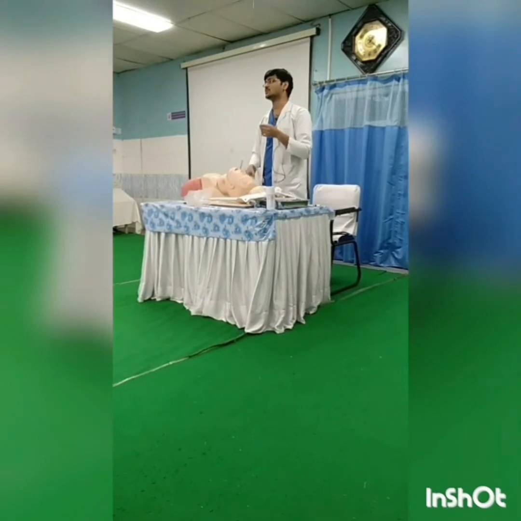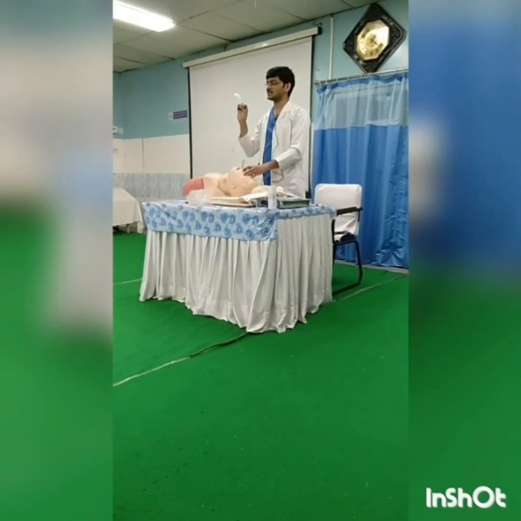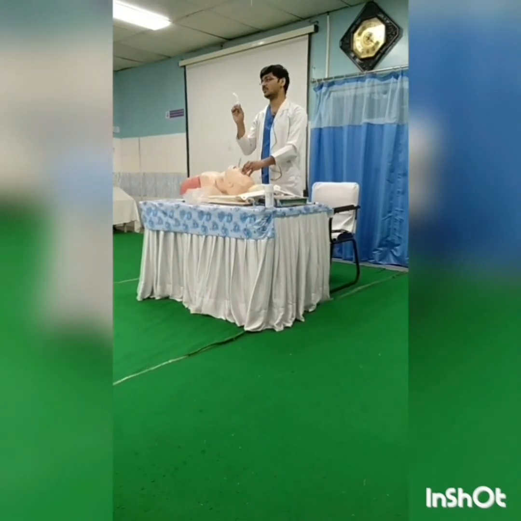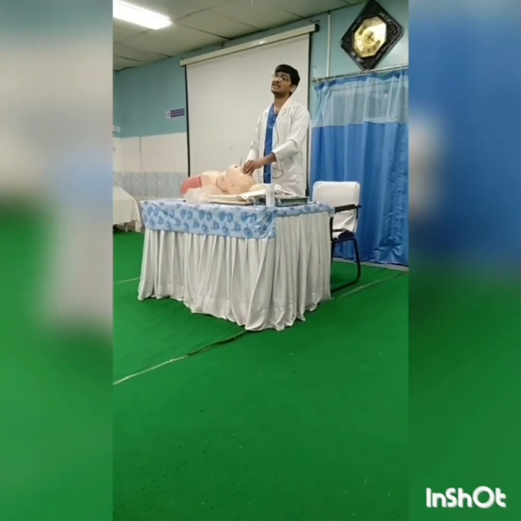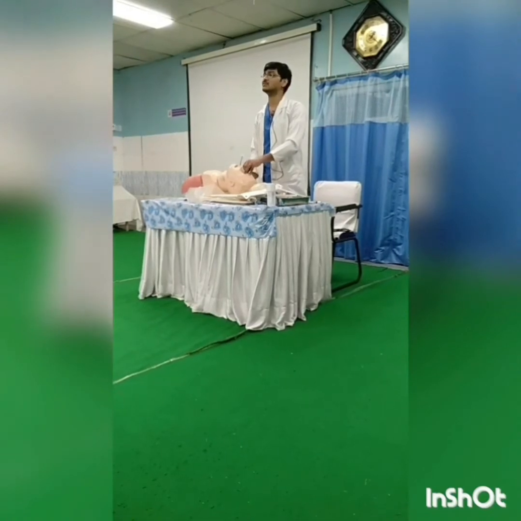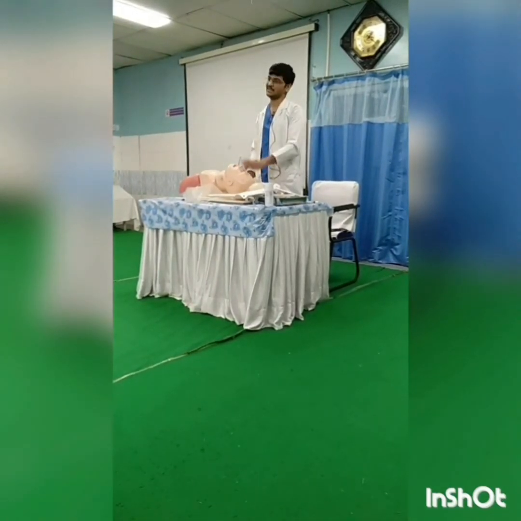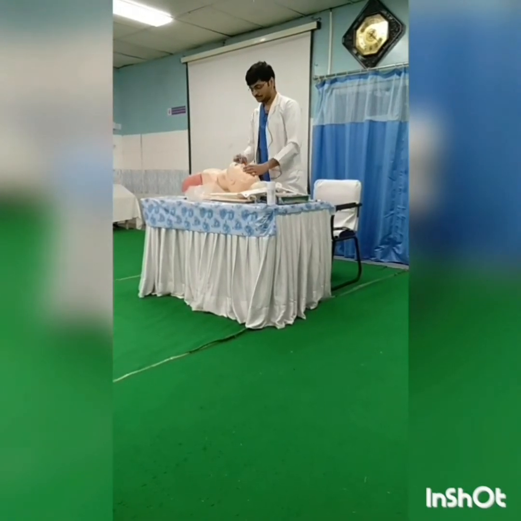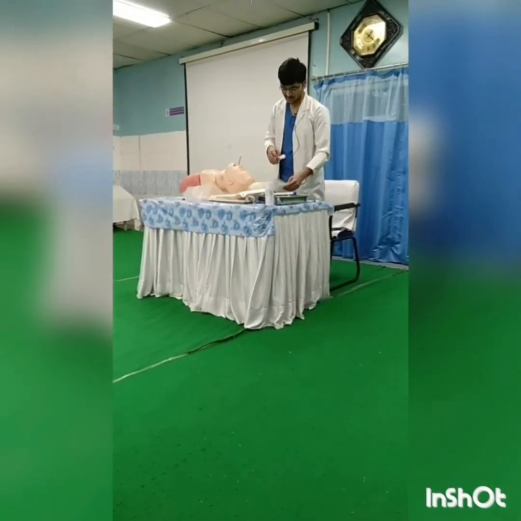So we should not use a bigger size, or a smaller size, or use it in an uncooperative patient. Why we do not use it in an uncooperative patient is, first and most important, they will gag. The gag reflex is going to cause aspiration, and then mortality. So we should avoid aspiration. And this is about the oropharyngeal airway.